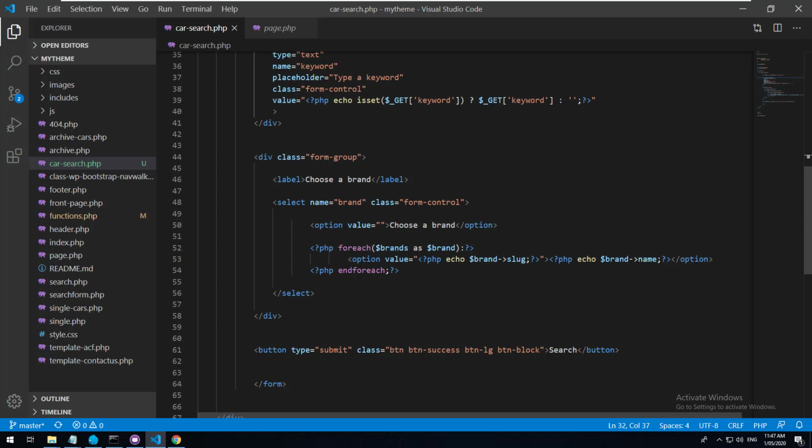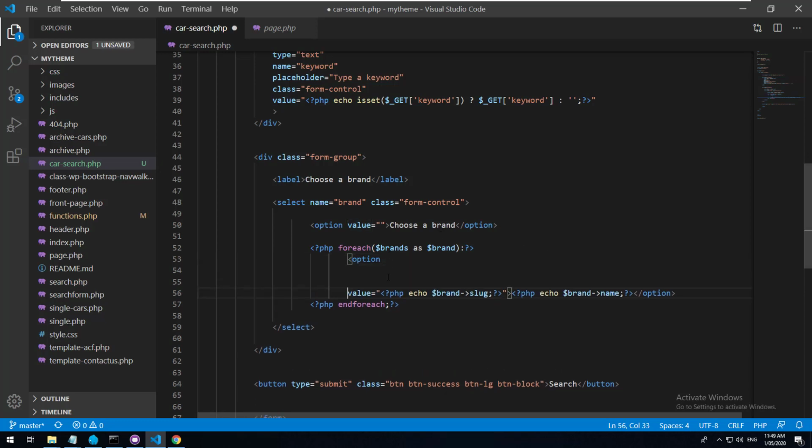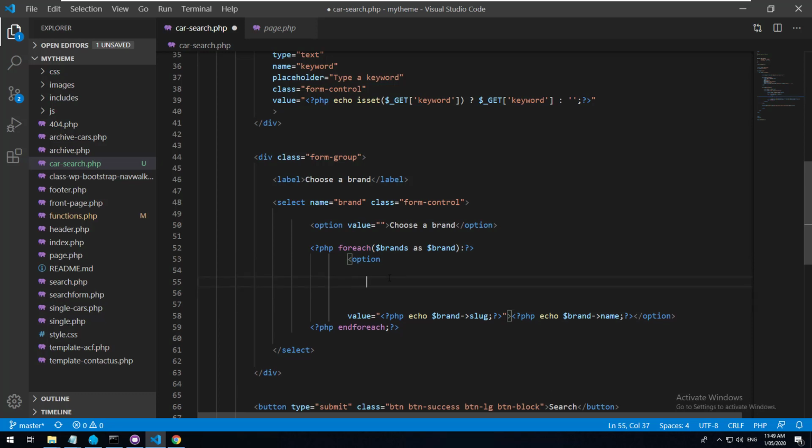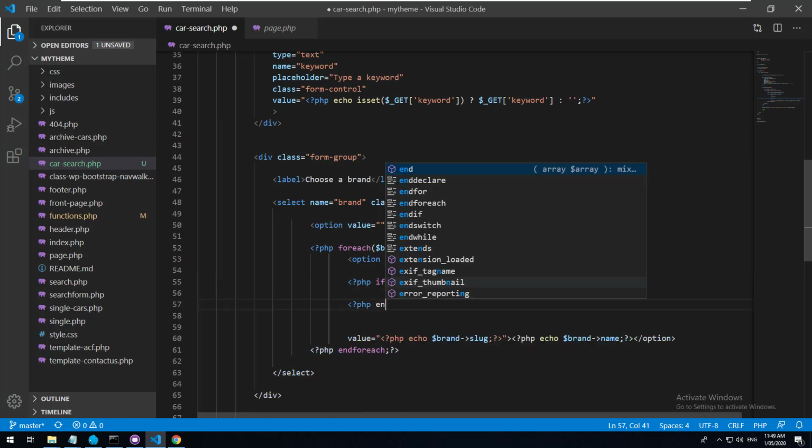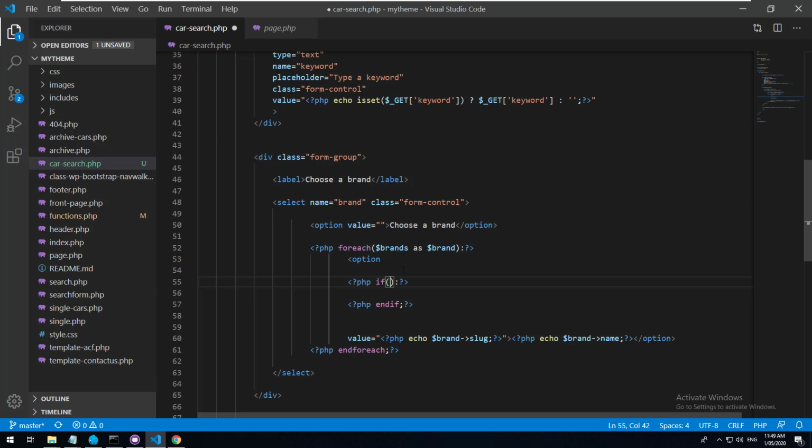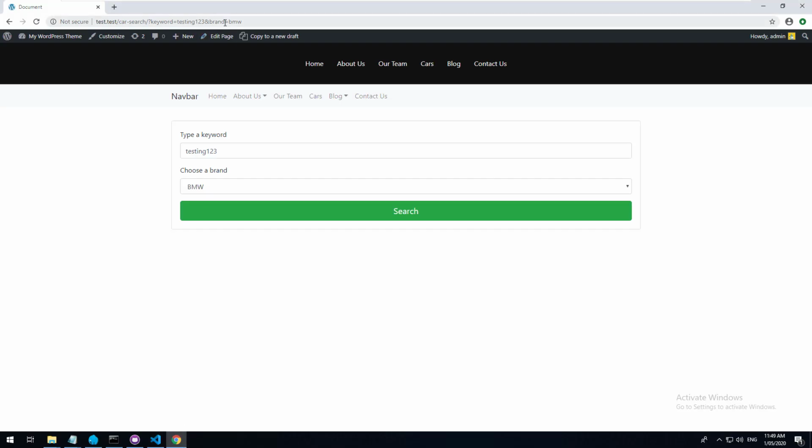So to do that, let's go to the option inside the foreach loop, and inside there, let's just do an if statement. So PHP if, open and close the tags, and close the if statement as well. And within this if statement, we want to do a couple of things. I'm just going to make a bit of room because it's going to be a bit of a long one. So if the brand search is set, so if isset GET brand, so if it exists in the thing up here,